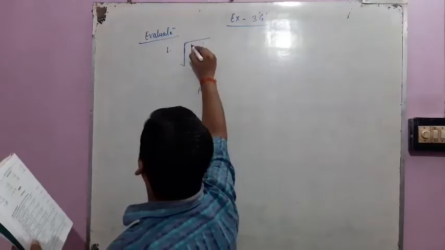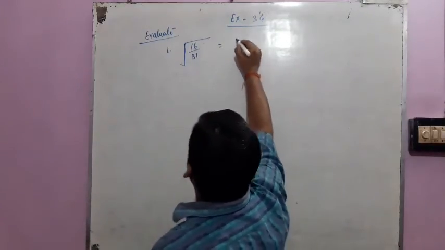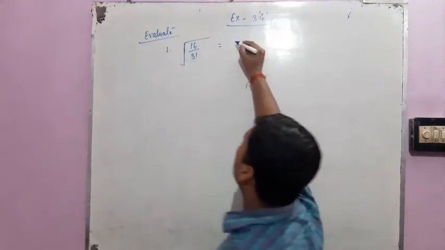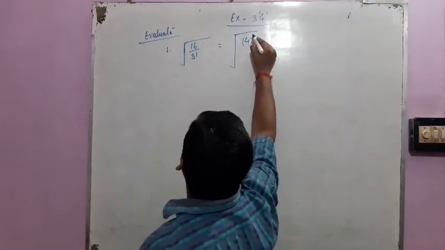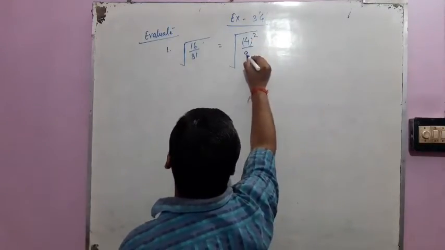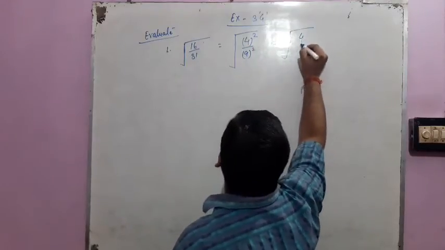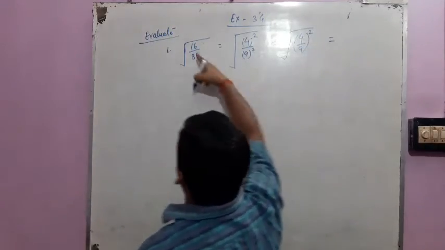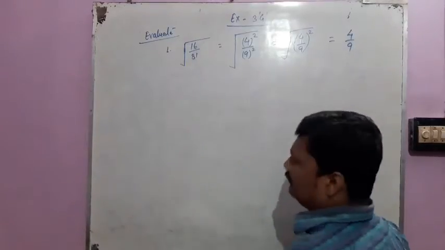a square root 16 by 81. Whatever the number is given, we first have to write it in square form. So 16 we can write as the square of 4, and 81 we can write as the square of 9. So we can write that like this, 4 by 9 whole square. So the square root of 16 by 81 is 4 by 9. Similarly,